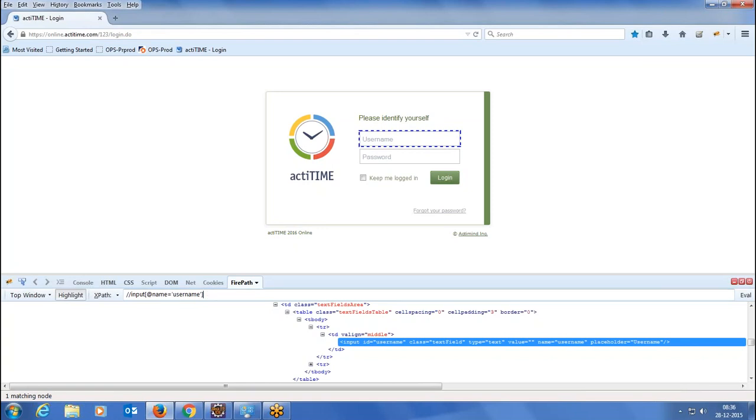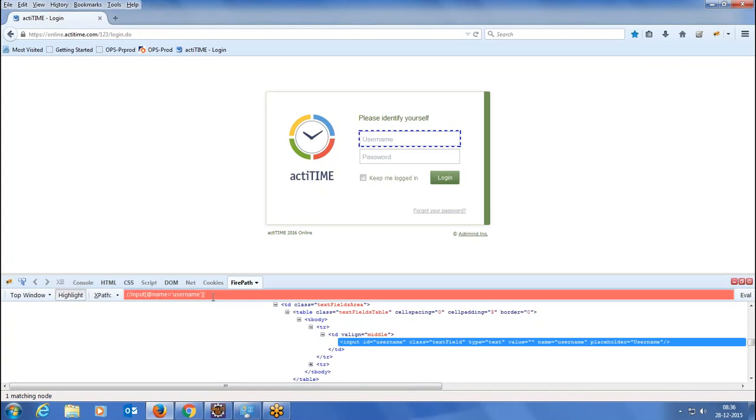Okay, ID is also not there and the class is also not there. By the way, if one attribute is not sufficient, ensure that your goal is to uniquely identify the element, right? So now one matching node found. In case it's not possible, then you can add more and more attributes like this.